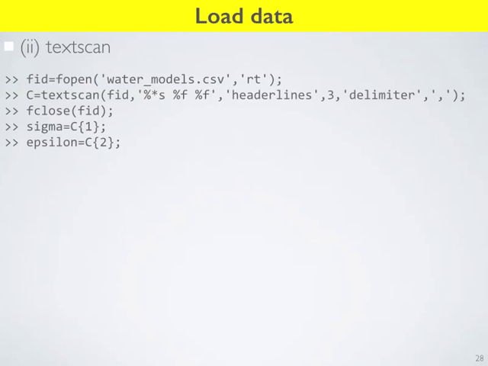Okay, so then we're going to import epsilon and sigma one line at a time into what's going to turn out to be a matrix C. So then you can close your file, and then you can access all the sigmas as the first column of this cell matrix, and all the epsilons as the second column. Because we pulled in the sigmas as the first ones, and the epsilons as the second ones. And so if you type these, you're going to get a vector of sigmas and a vector of epsilons. Okay, so there's a lot going on here, but this is a very common thing to use, is to use textscan to pull data out of a file.